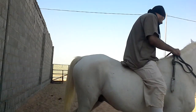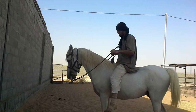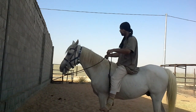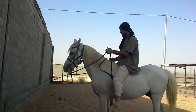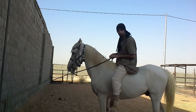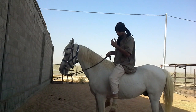Like this. So the first way is holding the horse with two hands. You can split the reins and hold each side with one hand like that. Or make a big circle and hold the circle with two hands. Or make a circle in one hand and the other hand is just giving the other hand the remaining from the rein. So one hand is collecting, the other hand is giving, which is the best in my opinion, because